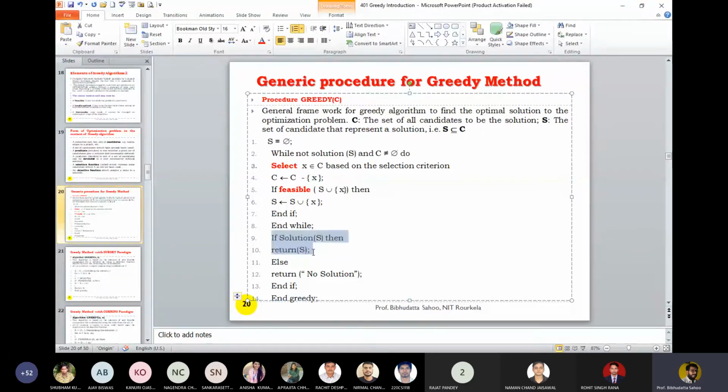Otherwise, you can argue that every selection leads to definitely getting a solution, but the solution is suboptimal. Then why am I not accepting it? This step number 9 says, let us say for a particular problem, I am looking for a spanning tree less than 50. Then I may not accept that. So I'll write no solution, no solution because of my requirement.